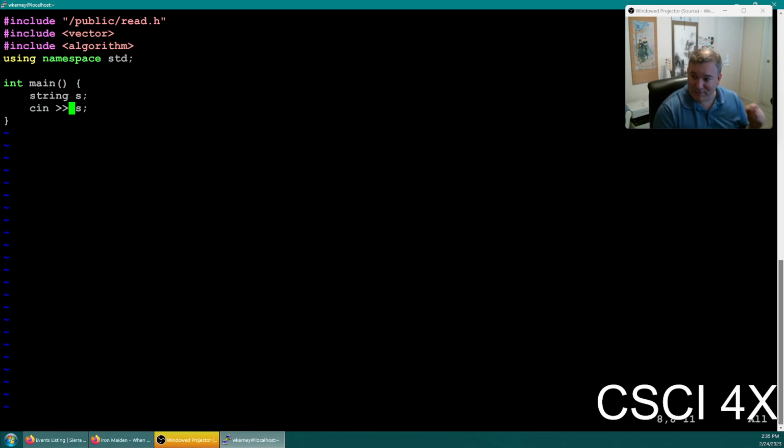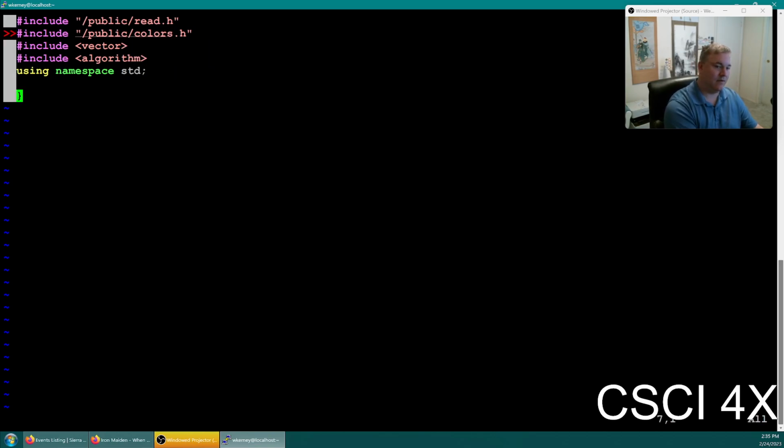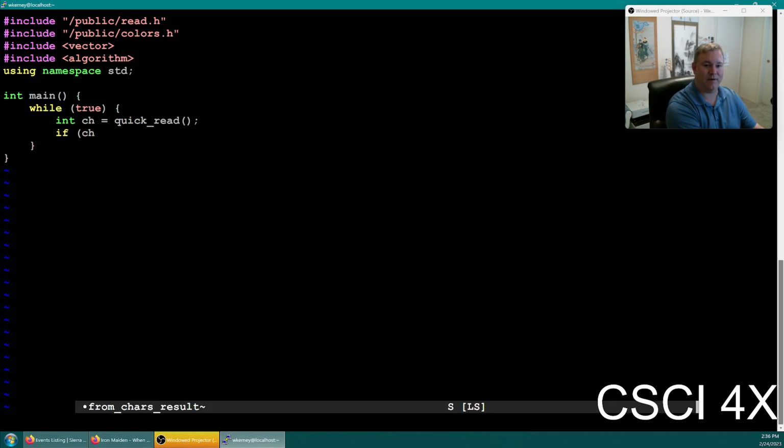I tried getting that to work for years, honestly. I was looking at different ways of grabbing the inner buffer of cin and stuff like that, and everything was just very hacky, and it's not really designed for that. So yeah, I made a function called quick read, right? And so you do that, and if character equals